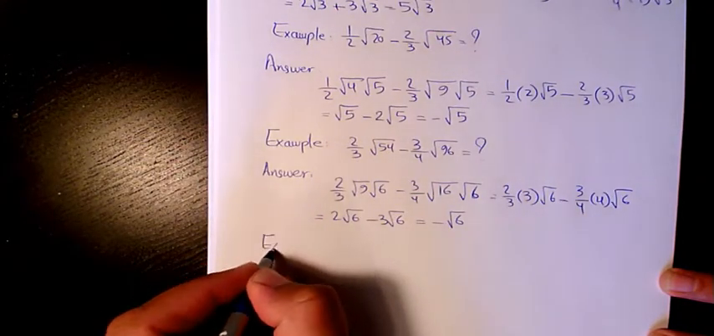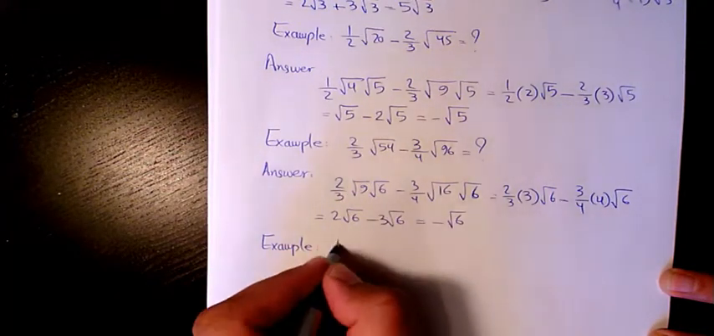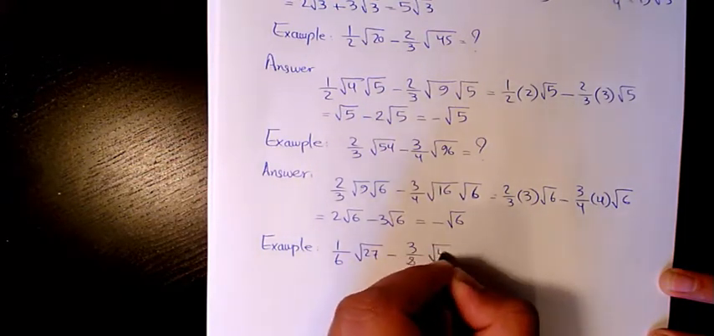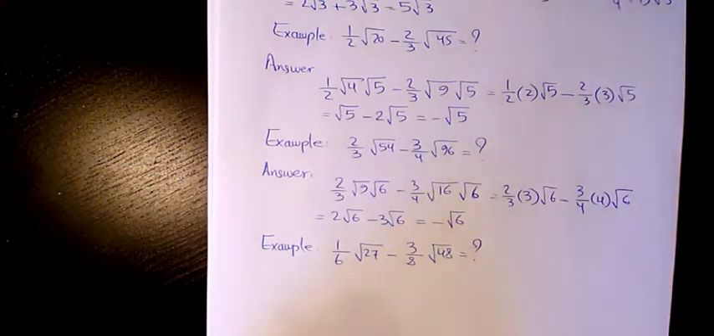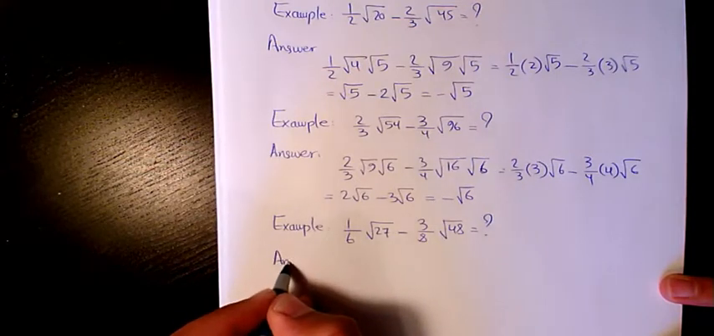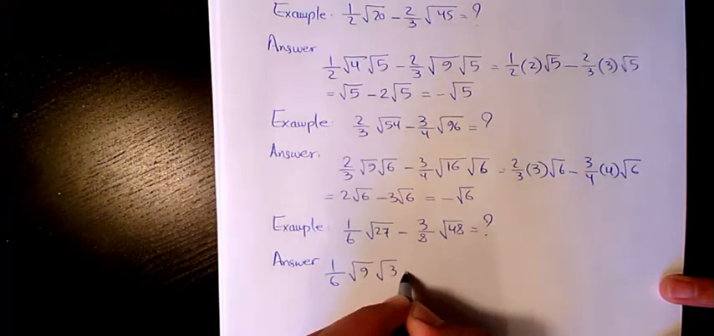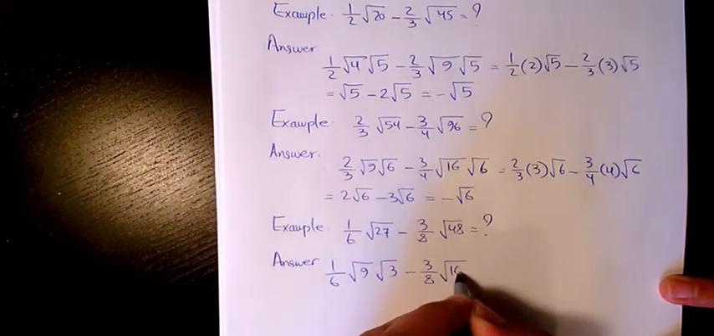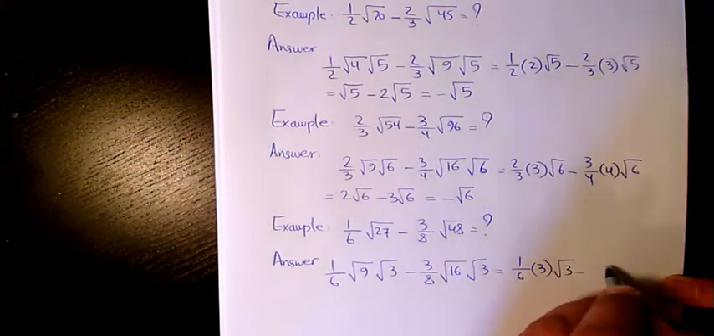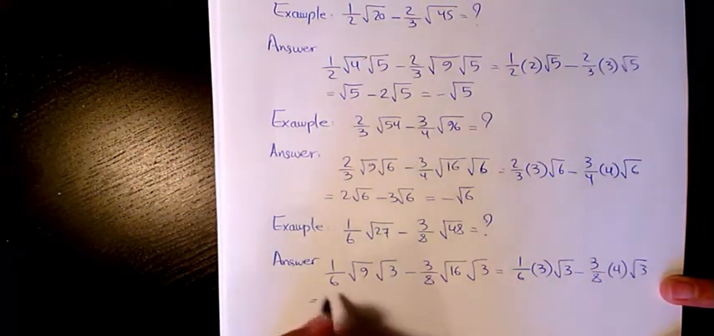is 1 over 6 root 27 minus 3 over 8 root 48. That makes it, the answer will be 1 over 6 root 9, 3 minus 3 over 8, 16 root 3. That makes it 1 over 6, 3 root 3 minus 3 over 8, 4 root 3. Which is gonna be